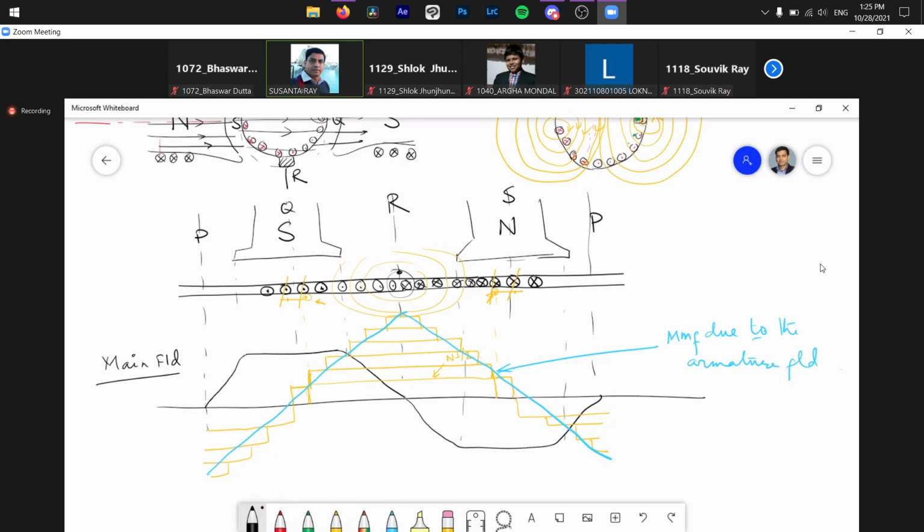But the flux that will be generated will have the same nature, the same shape. Now the flux and MMF, how is the flux decided? Only due to this MMF or is something else required? To create flux, what is the expression of flux? It is MMF by reluctance, isn't it? So whether we'll get the same nature of flux here.